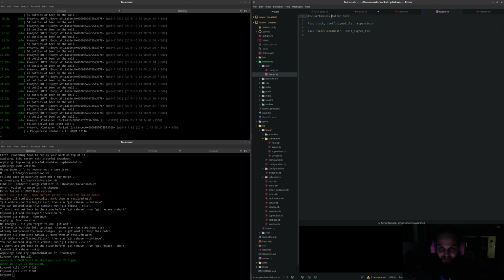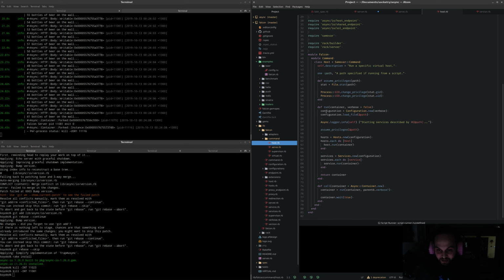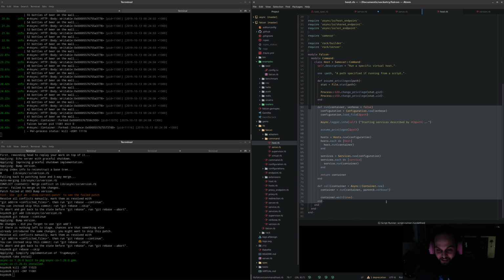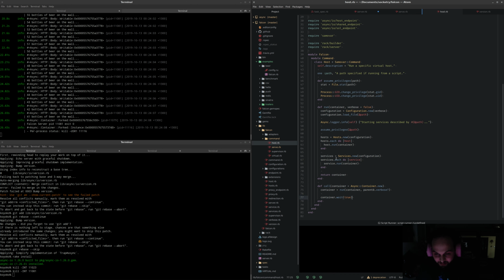And that itself spins up a container. So it actually creates a container somewhere in here. It should be. Oh yeah, here. Okay, right. So it's spinning up a container and then waiting. So we actually have nested containers. So for the purpose of the graceful restart,